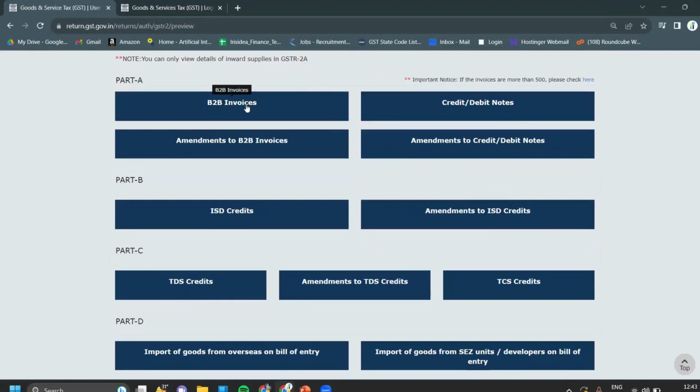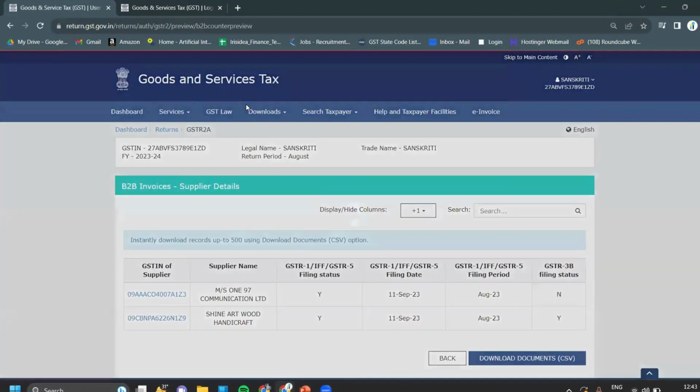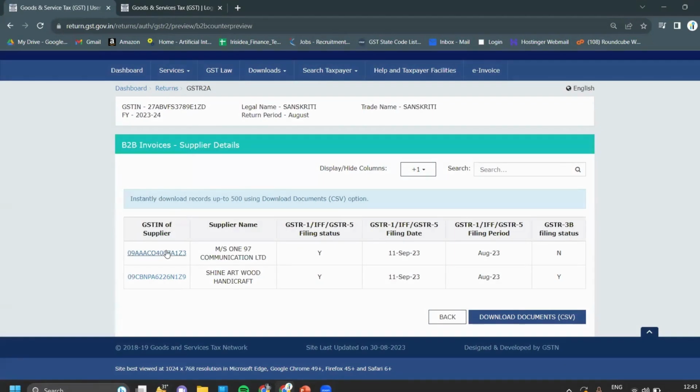If there is a B2B invoice, you can click on B2B and you can see there are 2 invoices and both are filed in GSTR-1. Y means both are filed in GSTR-1. And as you can see, this GSTR-1 was filed on 11 September for the August month, but it is not showing